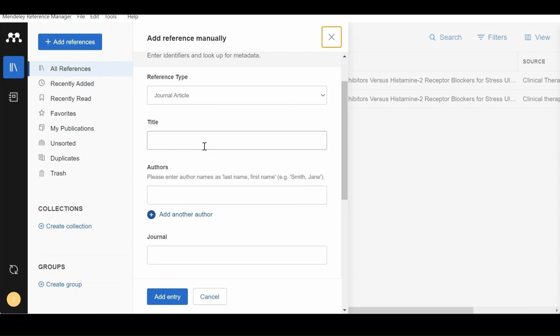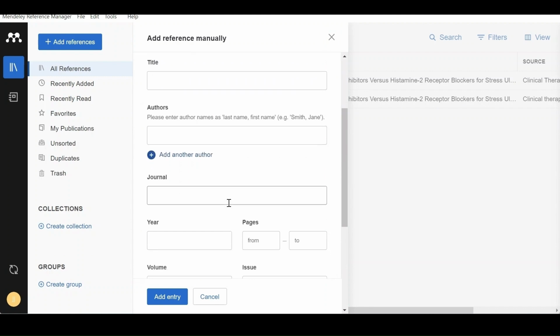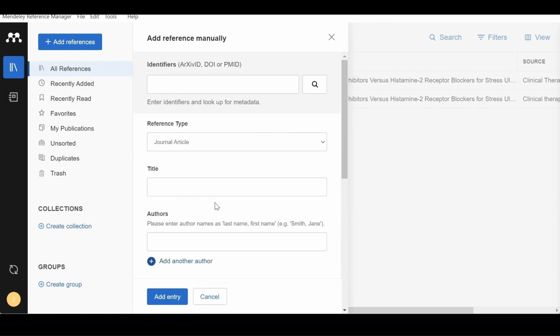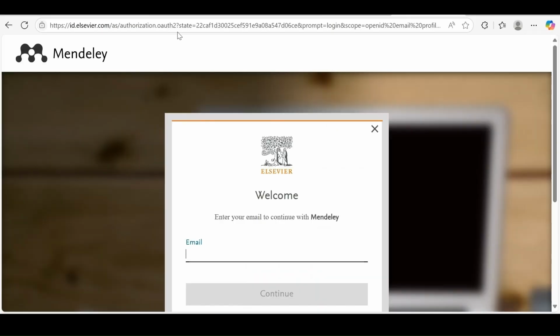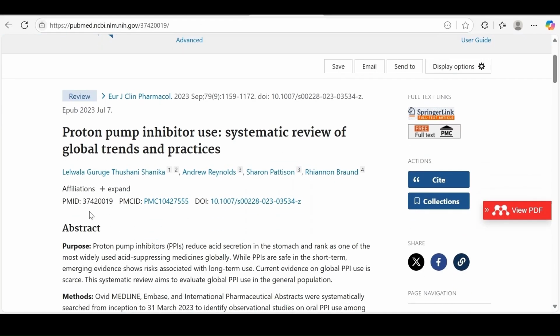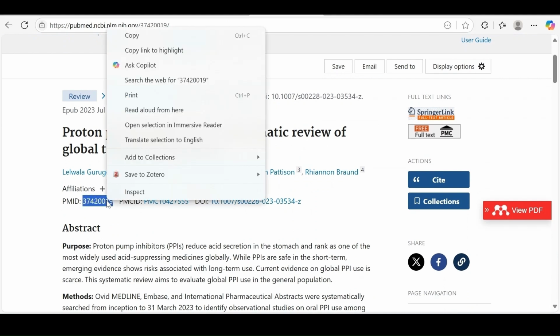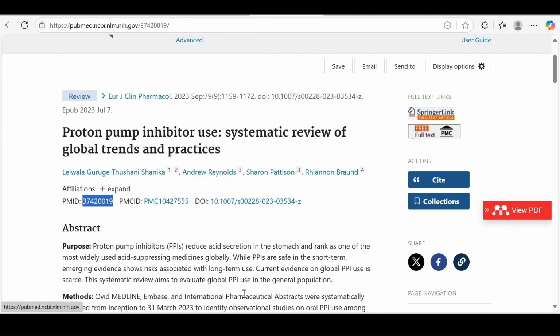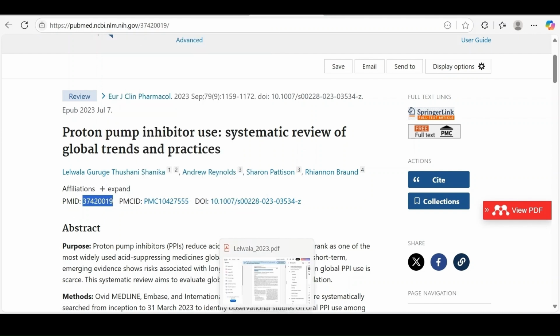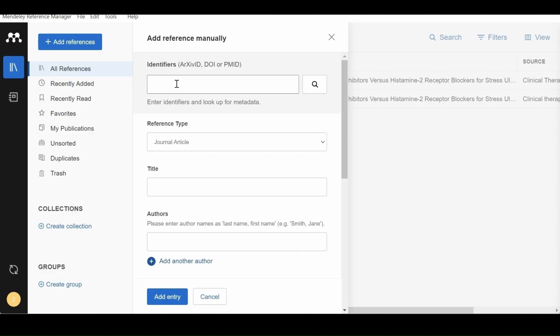So here you can manually add the reference type, then you can add the title, author's name, journal name here manually. Or the other way is, as usual we saw in Zotero, adding through identifiers. So first we have to search for any paper. There go to this PMID, copy this, paste in this identifier column.